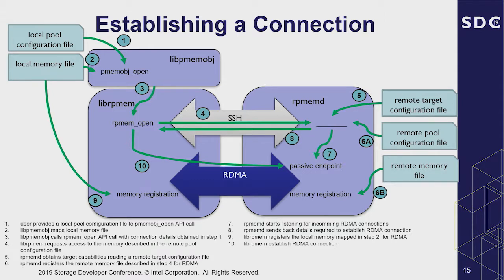So I have a full flow chart here that walks through the steps that are happening in the background with the replication. So first there's a local pool configuration file that makes a write to the library object. And then that object maps the file and pushes that into the local memory file. After that, there's certain calls that are made to go out across the network to check on the endpoint of your target nodes. And once that is done,